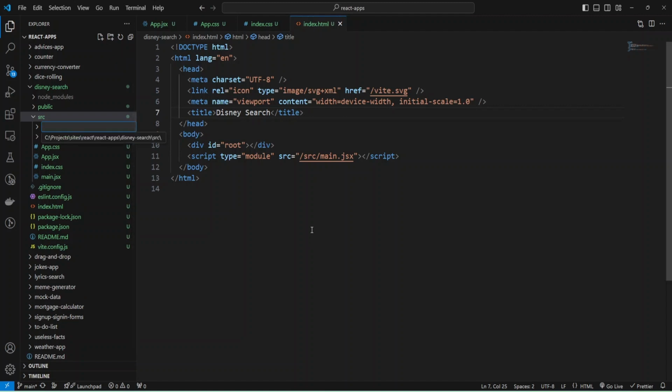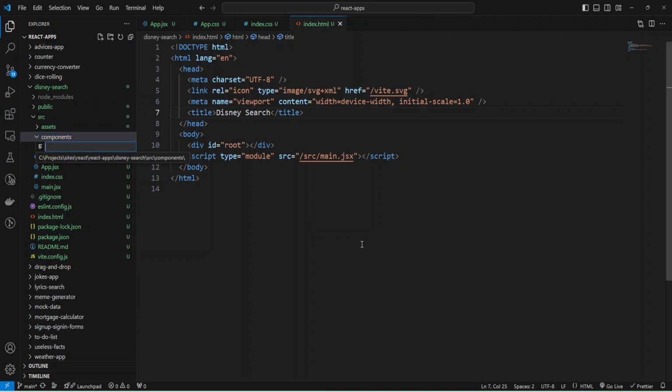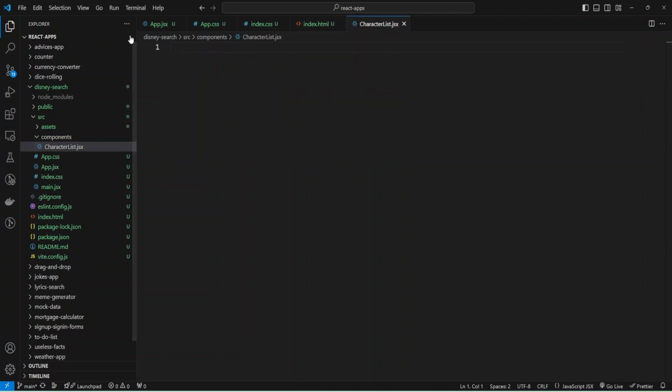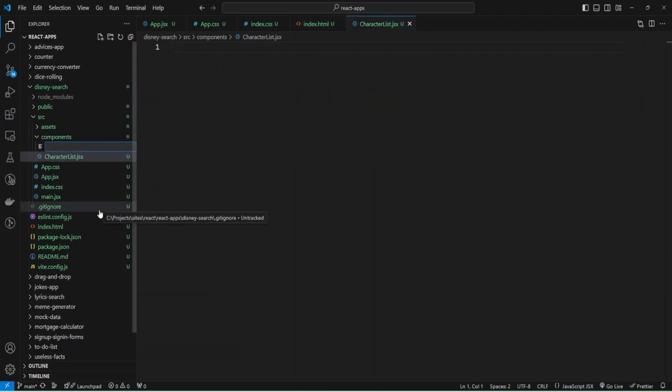I need a folder for components, and inside that folder, I'm going to add a component CharacterList.jsx, and also I need CharacterList.css for my styles.